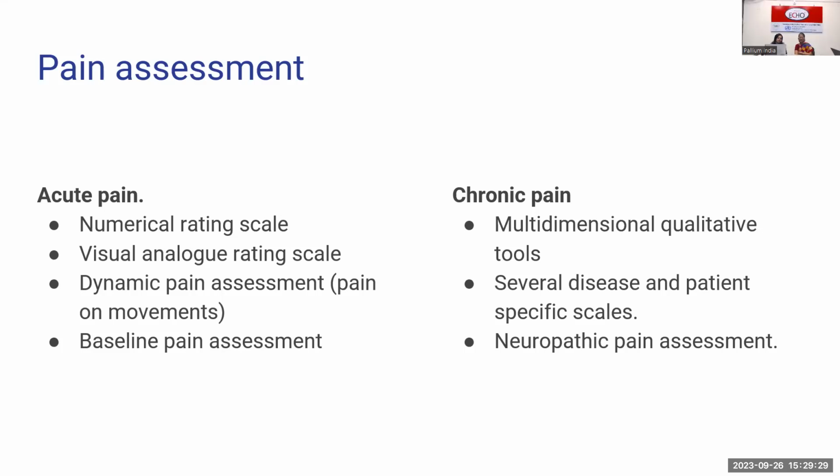Anything more to that? Other than these two, is there any? Please go ahead, Ruchi. Ma'am, we can also use these pain scores, pain scales, to know the type of pain, whether it is neuropathic pain or non-neuropathic pain. Correct, that can be delineated by using these various scales. Very good. So it is not only for assessment, but also for finding out outcomes and whether our treatment is being effective.